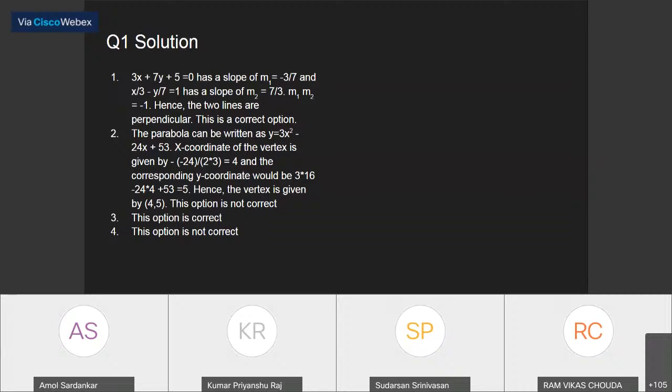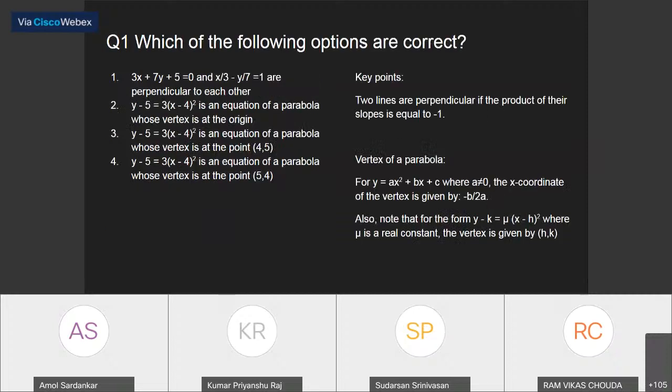About the remaining three statements, they are about the same parabola, y minus 5 equal to 3 times x minus 4 the whole square. We have to find the vertex of this parabola. One option says the vertex is at the origin, and the other two options say the vertex is at the point 4, 5 or 5, 4. To find the vertex, we use the formula that the x coordinate of the vertex is given by